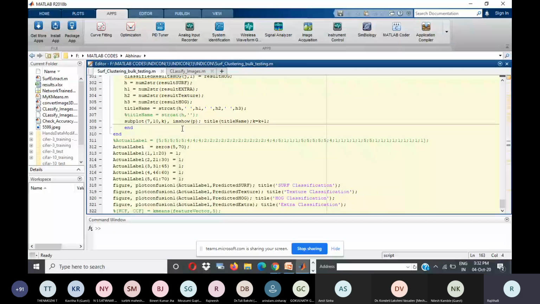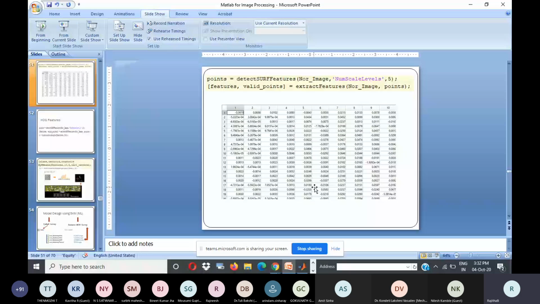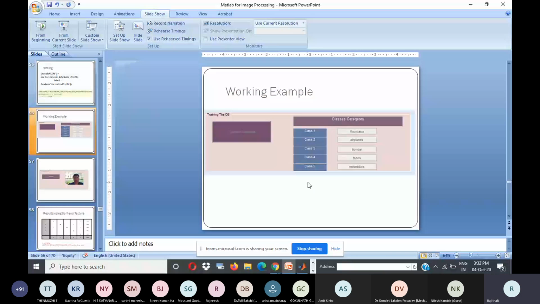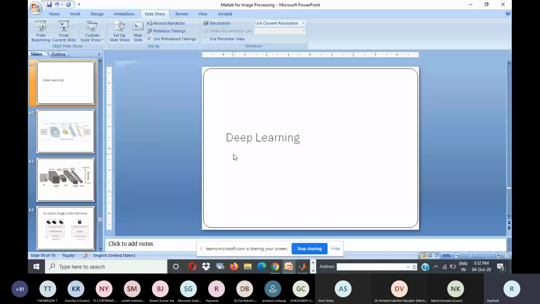Now let's see the same process. How do I replace this entire code using deep learning techniques? As I said, in deep learning you need not extract the features.